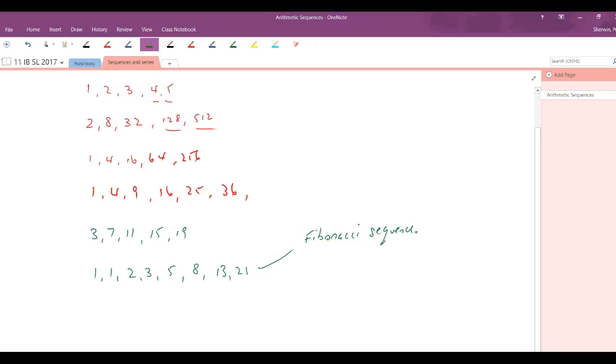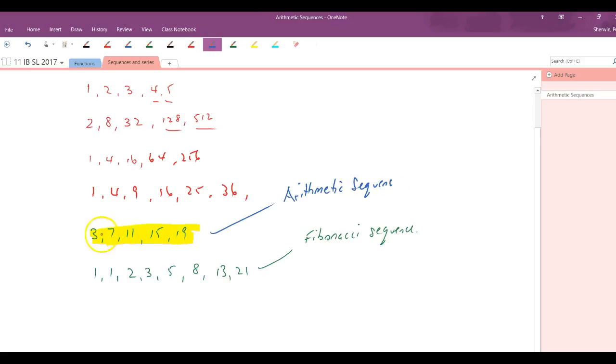Okay, what we're going to do is look at a couple of different types of sequences, and I'll show you which ones. This one here, where we've got what we call a common difference, is called an arithmetic sequence, and this is what we're going to look at initially. Arithmetic sequence,